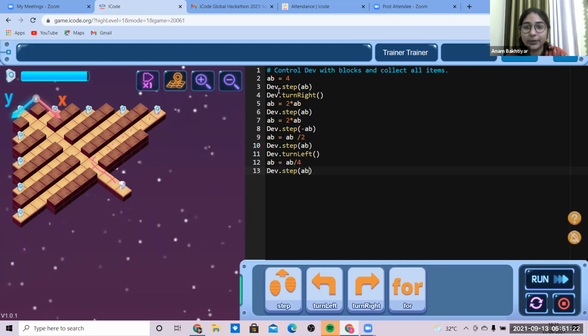then I have to turn towards right. Then I have to take Control V. So see, run the program.